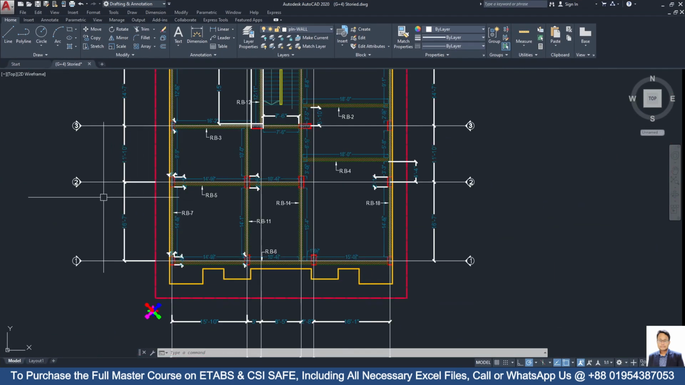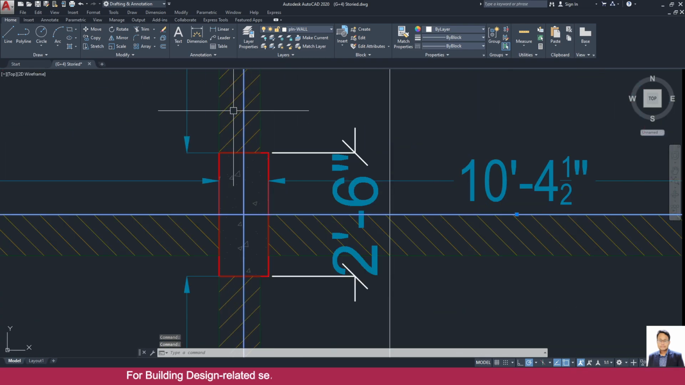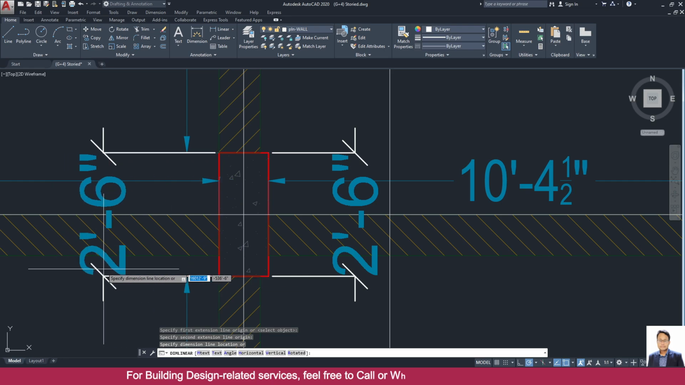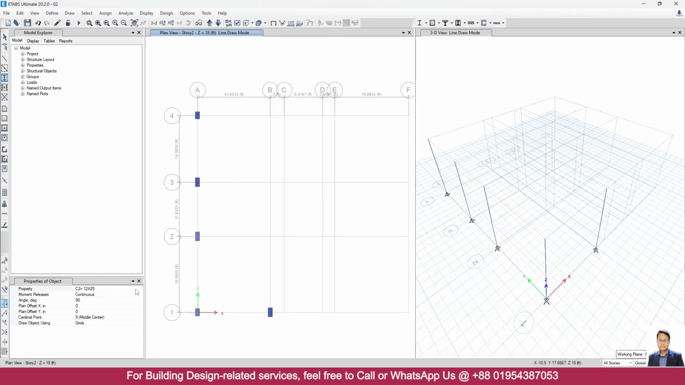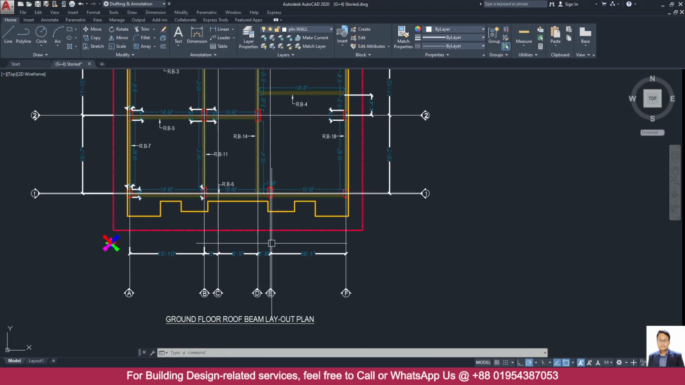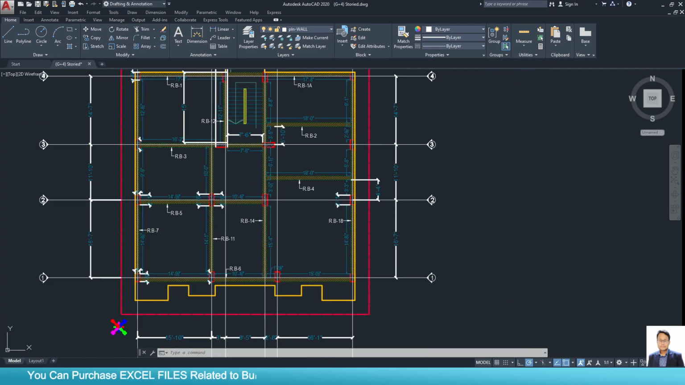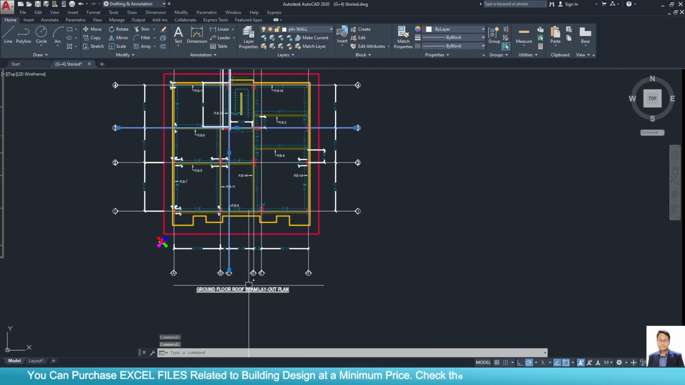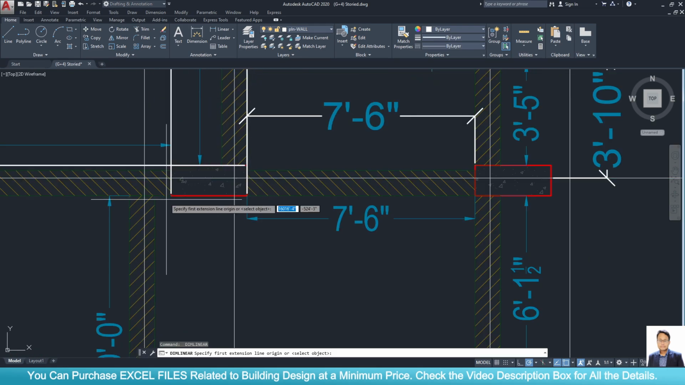Then next column is at grid point B2. And the section or dimension of this section is 12 by 30. Okay, 12 by 30. Then click on grid point B2. Next, go to grid C. Here you can see this column is at grid point C3. Okay, this column is at grid point C3 and the size of this column